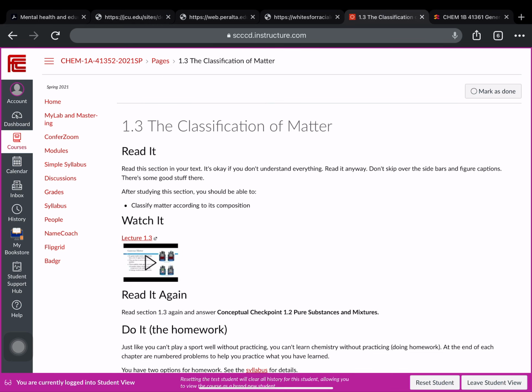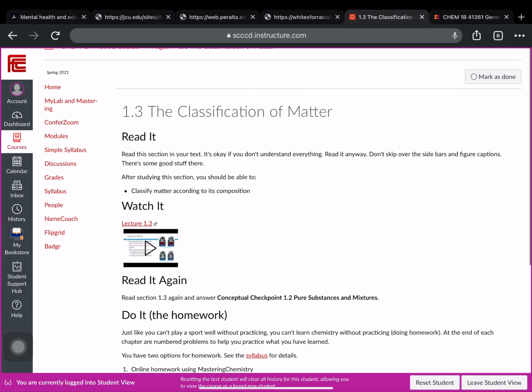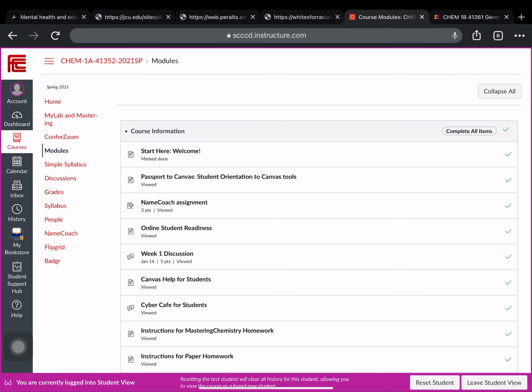And so we're going to go through the whole semester that way. So you just click Mark as Done and you go on to the next page. You'll encounter all of the lecture videos, all of the homework problems. You'll come across all the different assignments. So if I go back to modules,